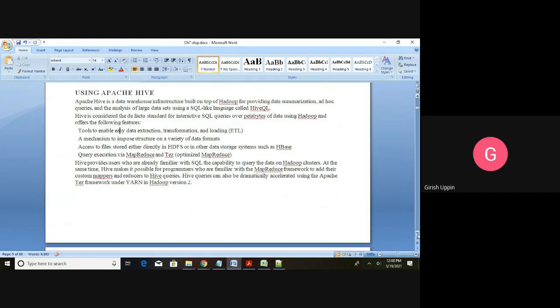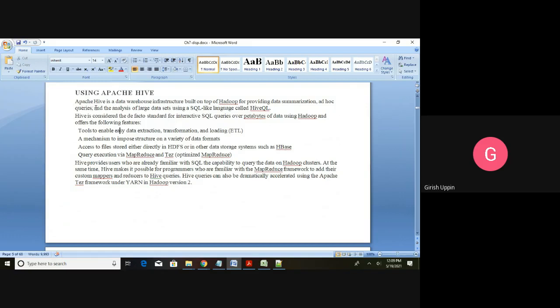Next is Apache Hive. Apache Hive is a data warehouse infrastructure built on top of Hadoop for providing data summarization. Data warehouse, as I told you, is nothing but a data storage meant for large storage of data, and it is used for running some type of analytics, or some kind of aggregation and summary queries on top of the data warehouse.